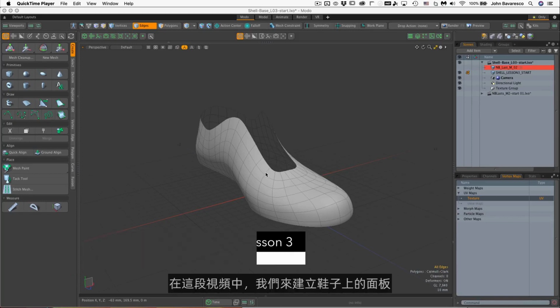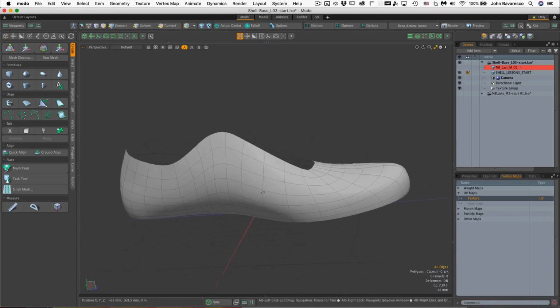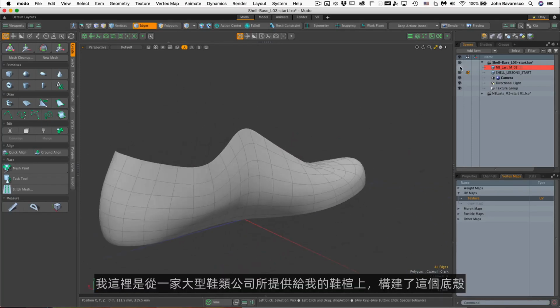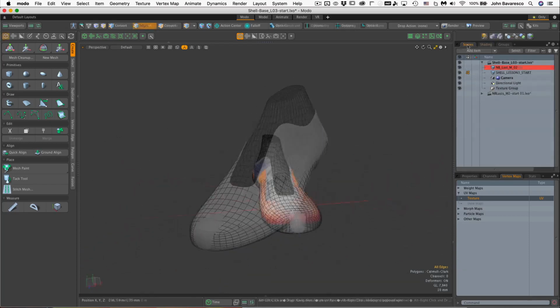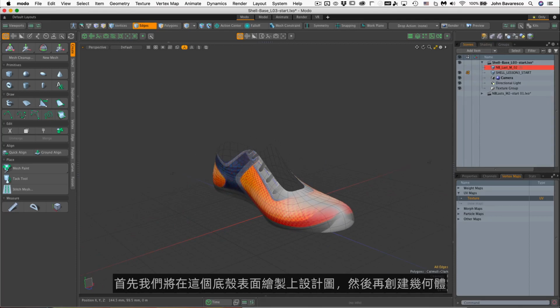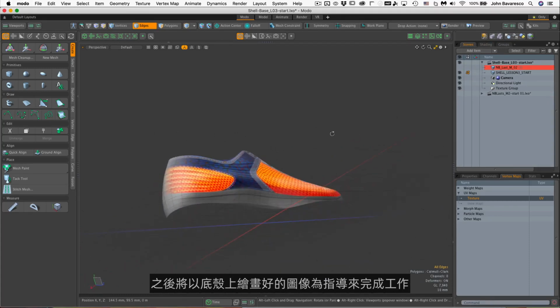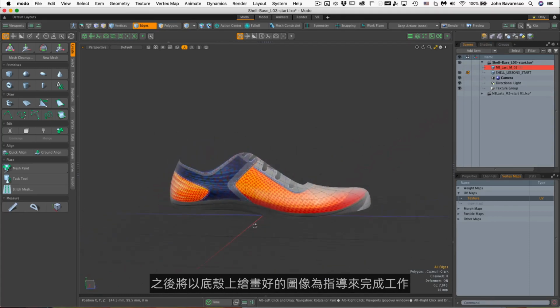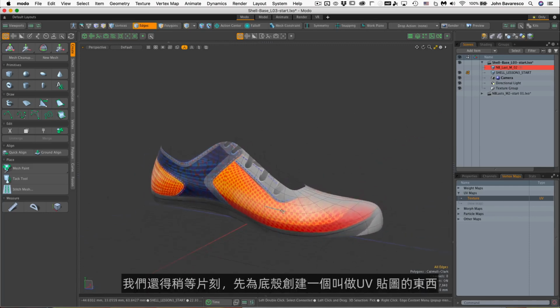In this video, we're going to build our shoe panels atop a base shell that I have already created for you. I built this particular shell from a last that was provided to me from a major footwear company. To start, we're going to paint our design atop this base shell. Then build our geometry, that is the saddle, the foxing, and so forth, directly atop the shell, using the painted image as our guide. But before we can paint our design on the shell, we have to step back a